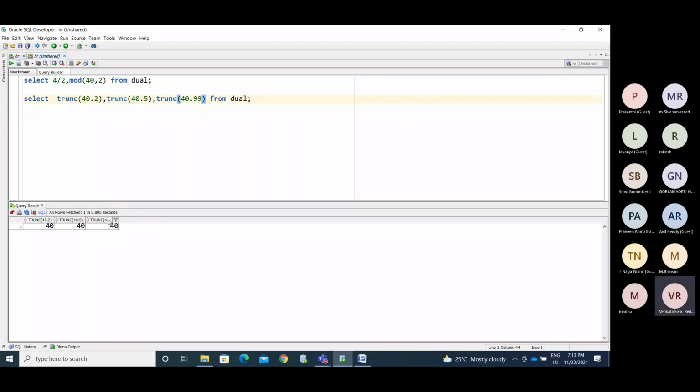Okay, 40, 40, 40. So everything is the same. Now we are dealing with 40.20, 40.5. Everything you will get is the same, 40.